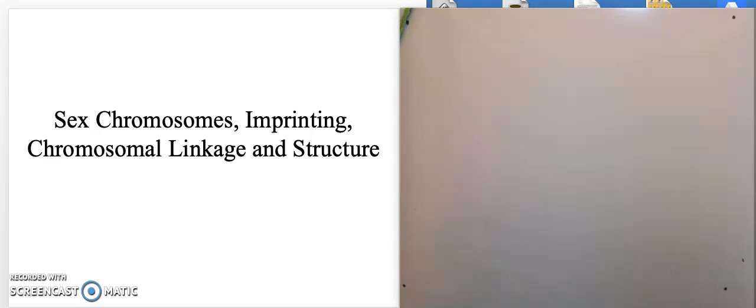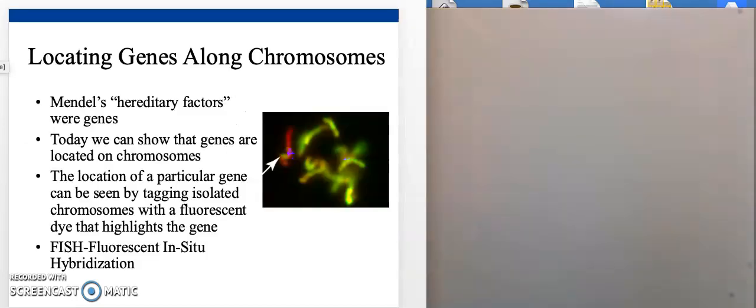All right, guys, chapter 15 is probably my favorite chapter because it really puts together everything that we've been talking about with cell division and genetics and cell biology. We've been talking about these different things. We already have the word for chromosomes, right? So today we know that Mendel's factors were actually stretches of nucleotides along the chromosomes that we can see under